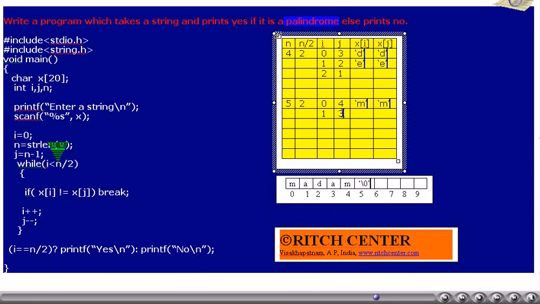I value is incremented by 1. Thus, I value becomes 1. J value will be reduced by 1. Thus, J value becomes 3.